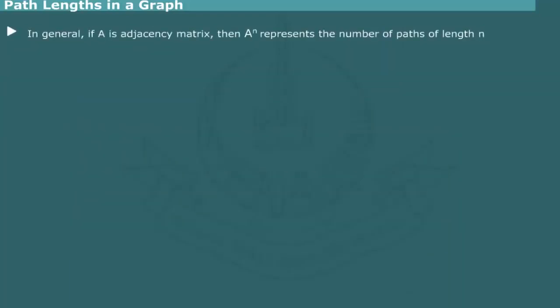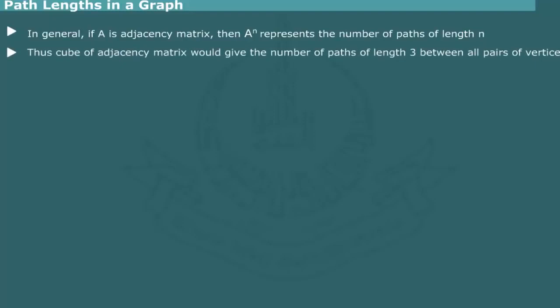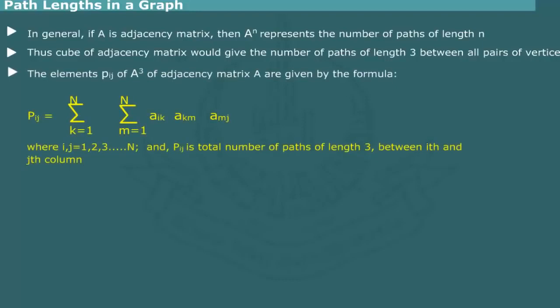It can be shown that if A is the adjacency matrix, then in general A raised to the power n represents the number of paths of length n between different pairs of vertices of a graph. For example, A cube would tabulate the number of paths of length 3. The elements of the cube of adjacency matrix A are given by the formula,